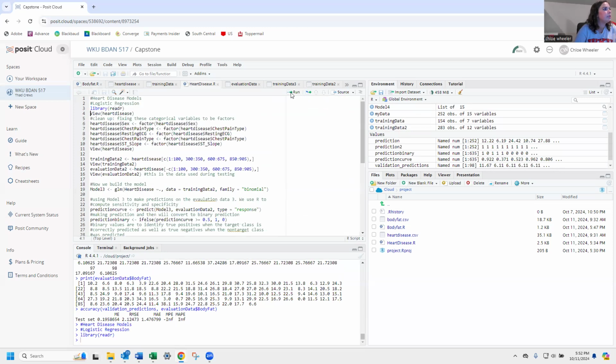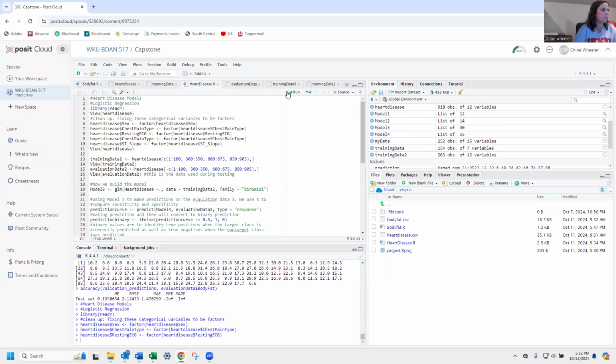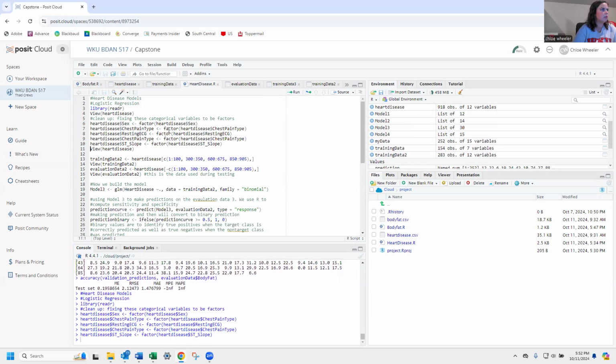Okay, so we have to download that. And then this is the very first thing that you want to do: all the cleanup of entries or lines of code. So all of these were not factors, so we want to make sure that we get those fixed. So now we want them to be categorical